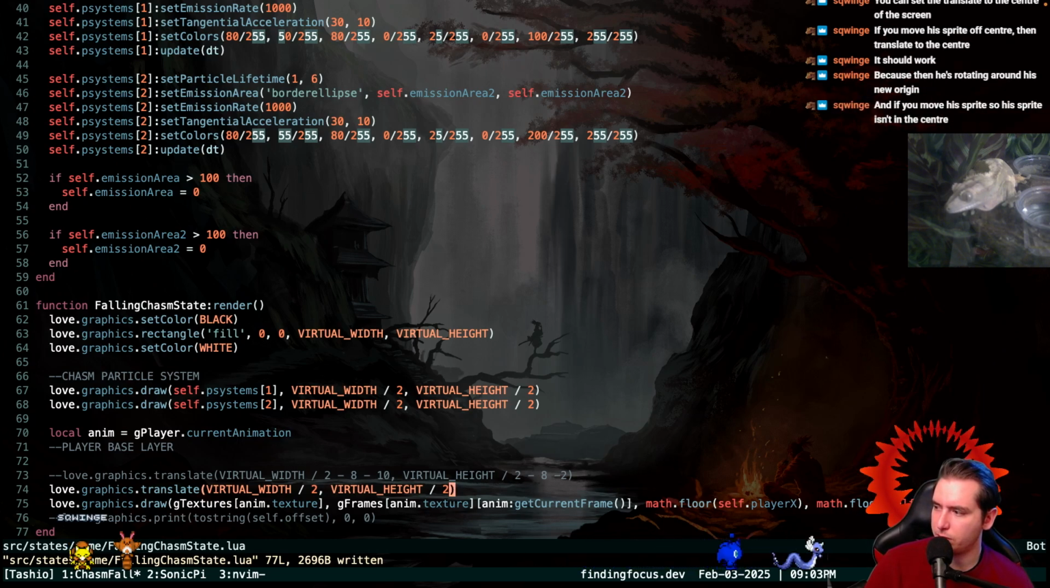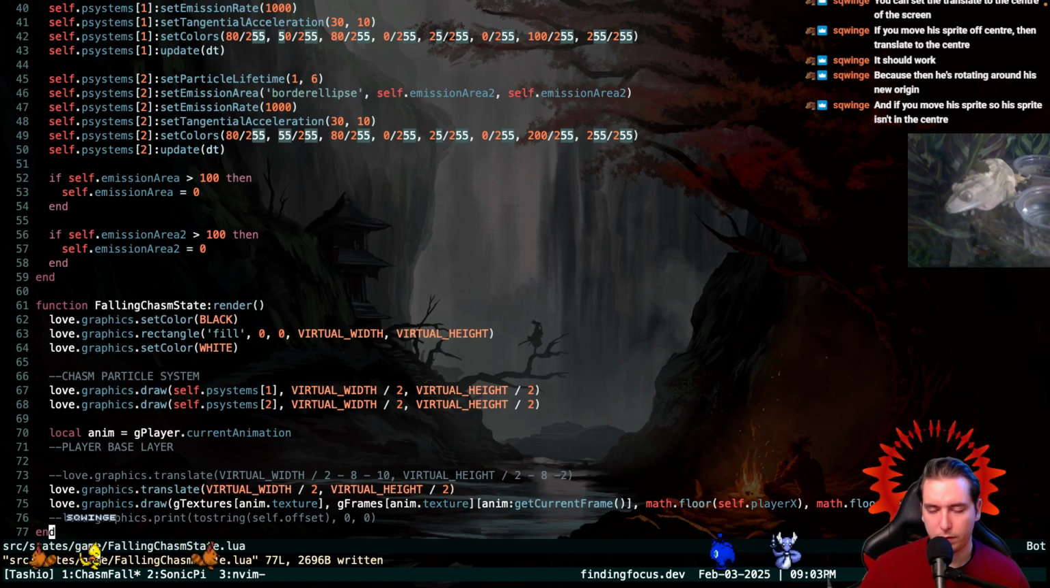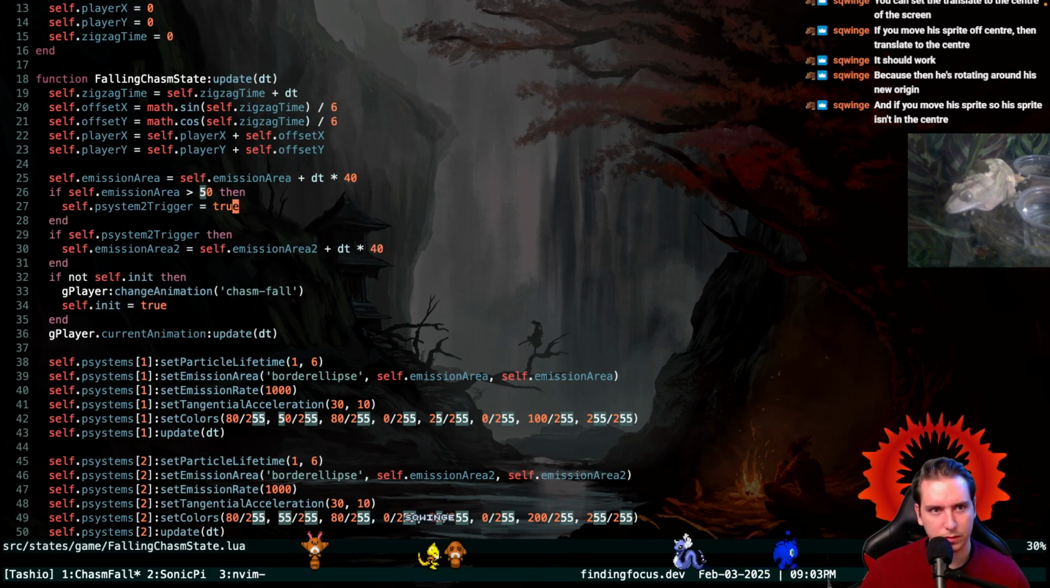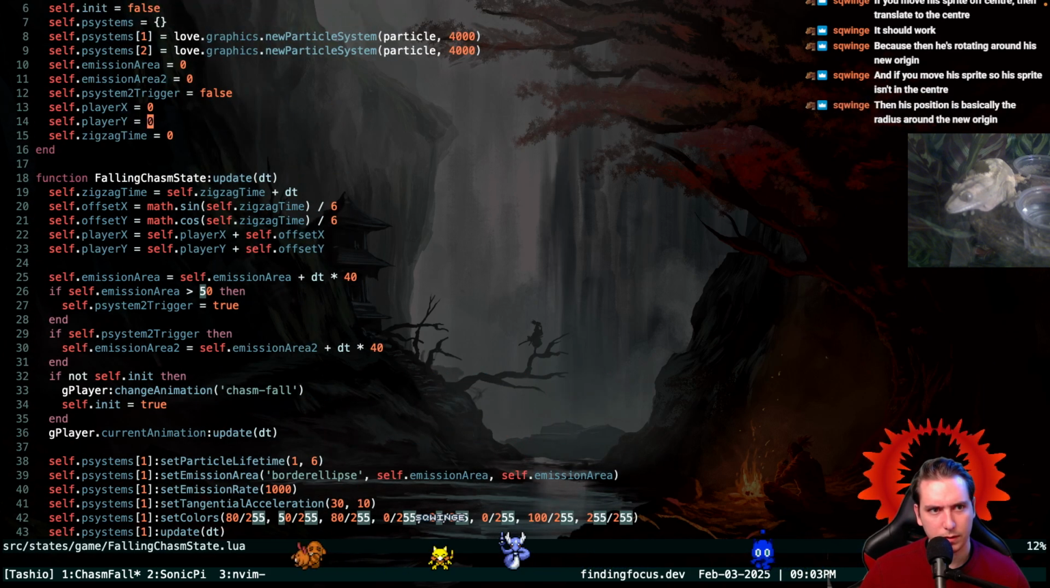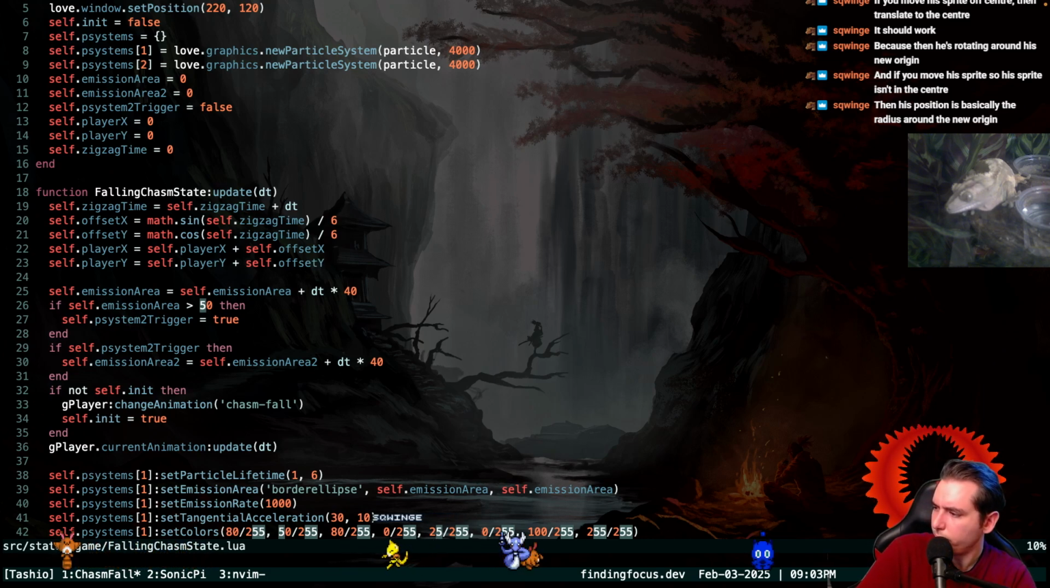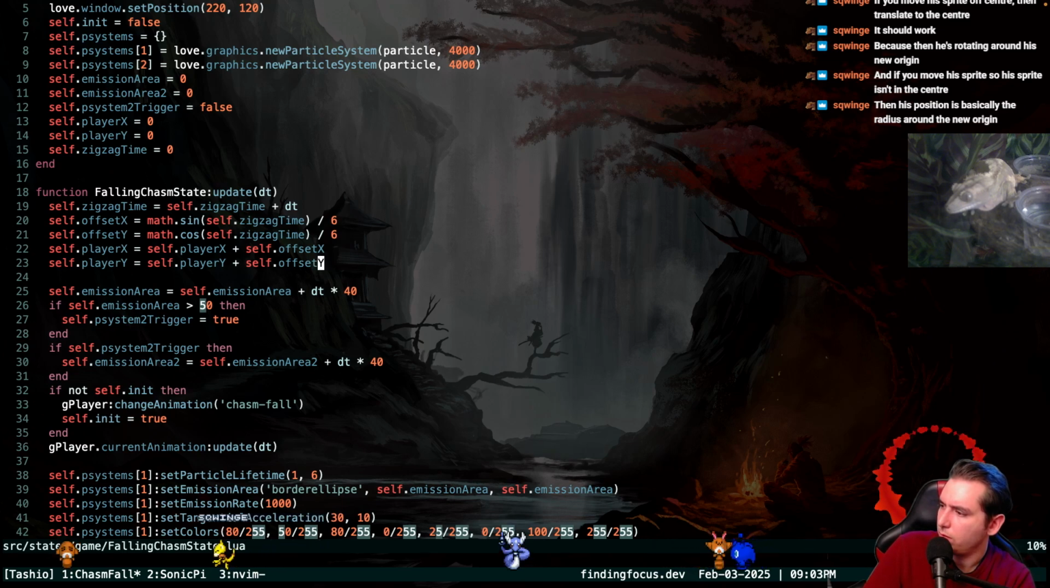Move his sprite so his sprite isn't in the center. His sprite is just rendering at whatever our result of our offset is. If you move his sprite, it isn't in the center. Okay, so